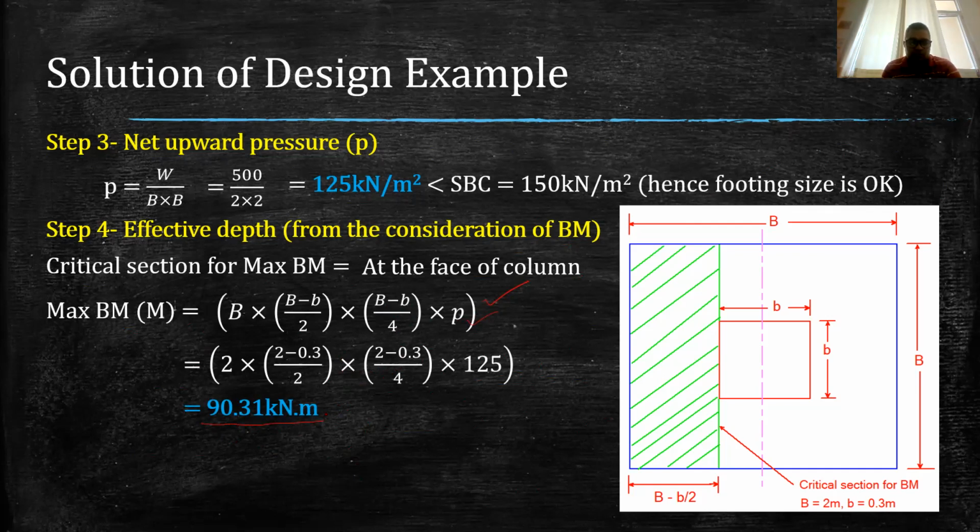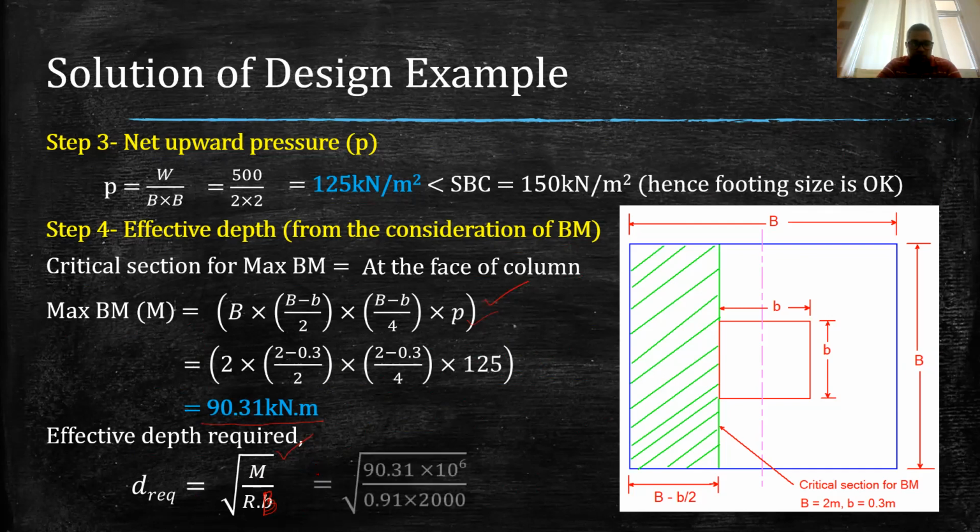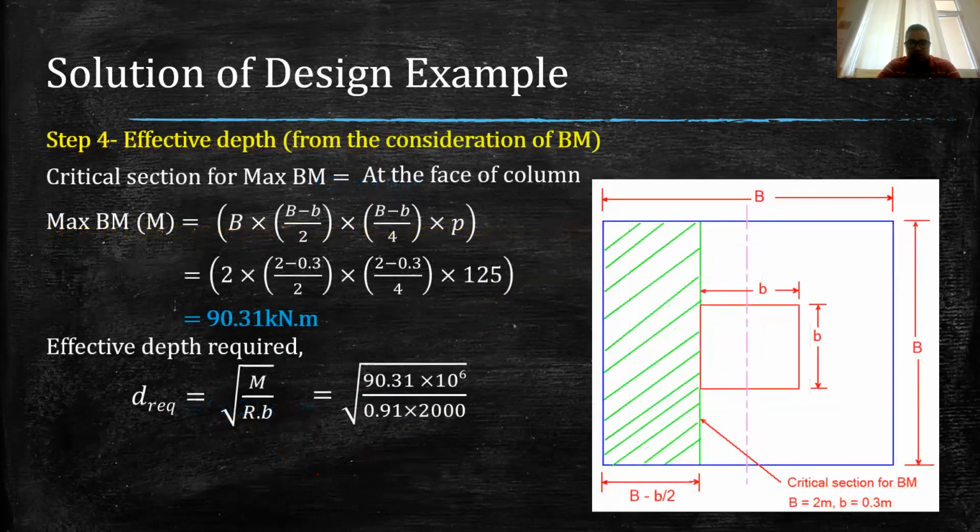Now we got the bending moment. We can easily calculate the depth required from bending moment considerations. So we use this relation to calculate the depth required for bending moment consideration. Here we can use the same formula. R is the design constant. B, here B will actually be the capital B, because the sides of the foundation are represented by capital B. So M by RB. Putting all the values in the formula, we get the depth required as 222.75 mm. So that is the depth of foundation from bending moment considerations.